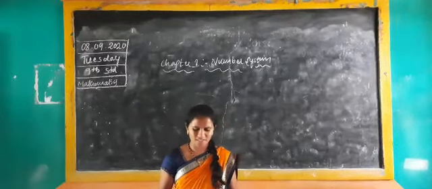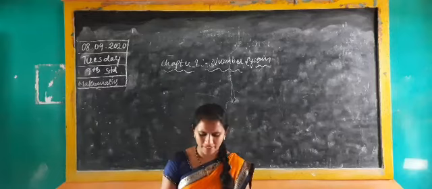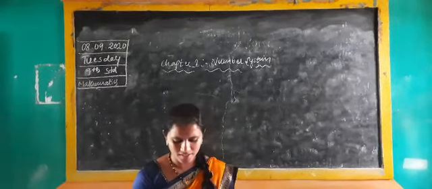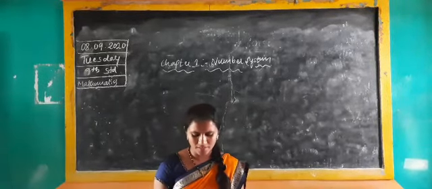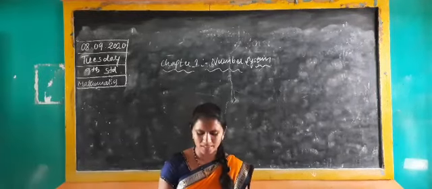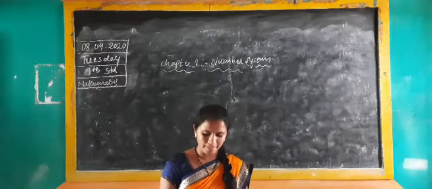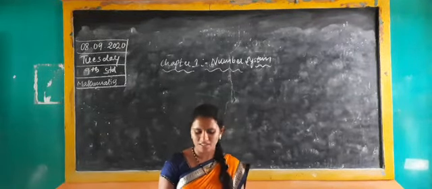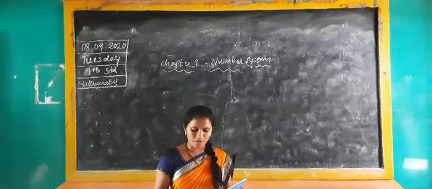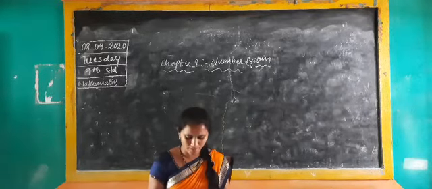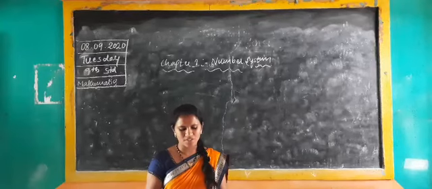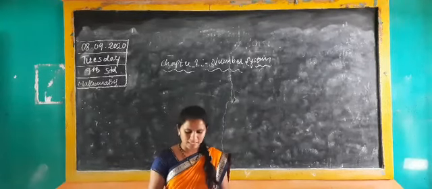Last class we discussed exercise 1.5; the first, second and third I also solved. Take the fourth one. Here they said just draw the number line, but the number is not clearly given. Here, represent square root of 9.3 on the number line. You just have to draw the number line.